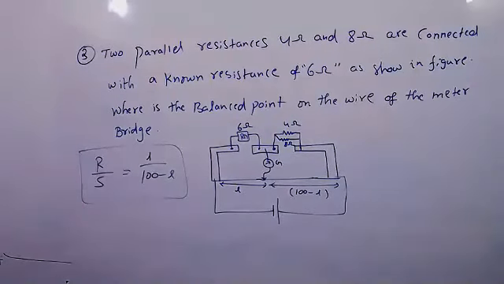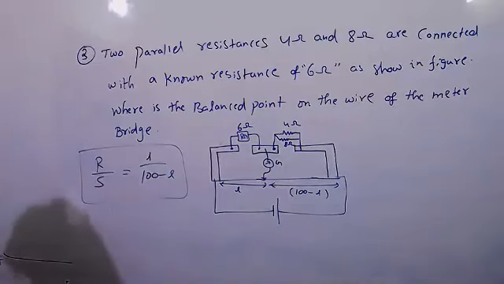Sir, did you write the question? Yes, sir. Can you solve L? Do you know what is R and what is S? Yes, sir. S: you have to take the first two resistors they have given and make them as one parallel combination. How to solve that, we know. 900 by 11, sir. Answer.